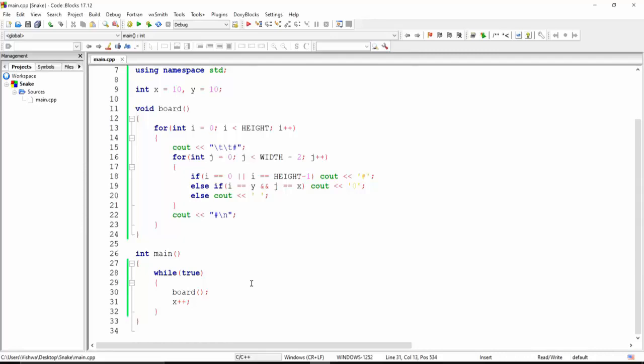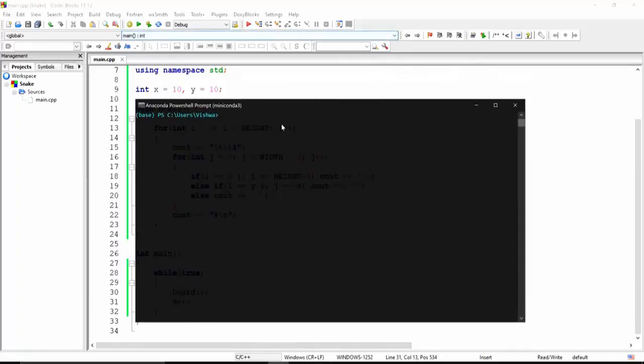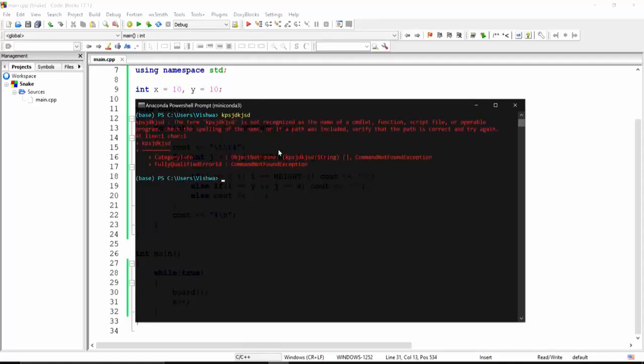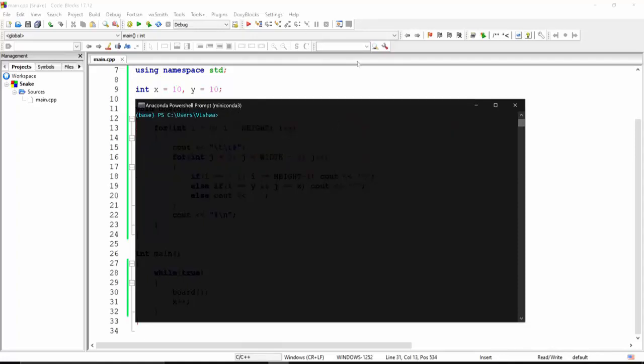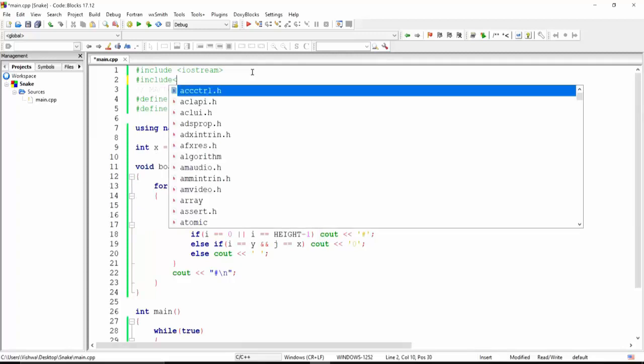So one way you can update is you can use your console command. So if I pull up my console over here, this is basically a PowerShell, but in Windows, or if you're using this Code::Blocks in Windows, it's going to use your CMD as your default console, right? So in CMD, the command for clearing a screen is CLS. So if I type something over here and I type CLS, that thing is cleared, right? And if you're on Linux, the command for clearing is clear. And the way you pass in such shell commands or such console commands are, you include another library called